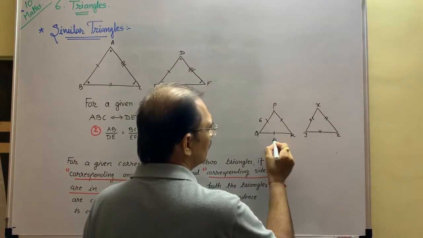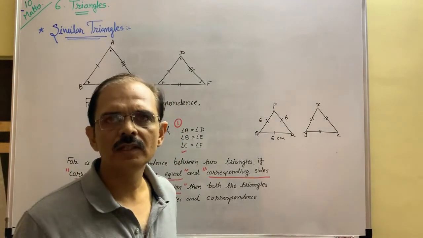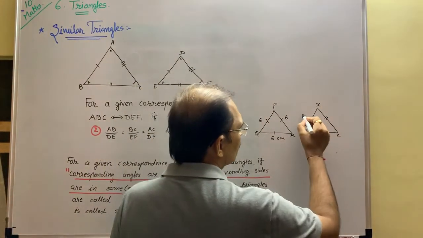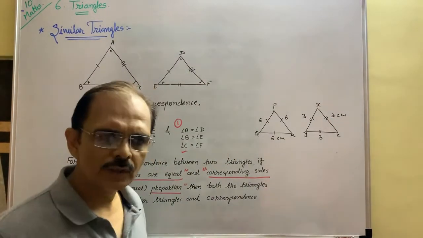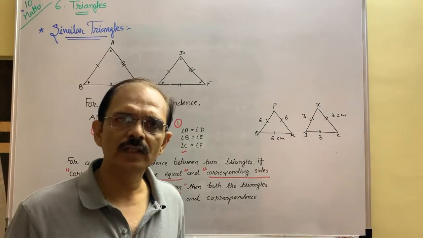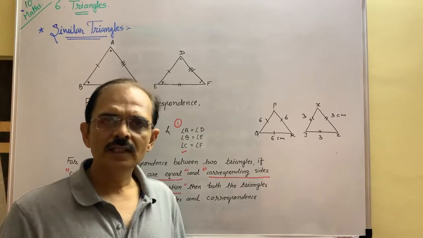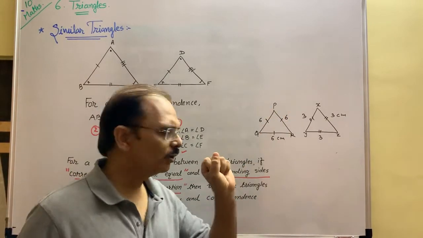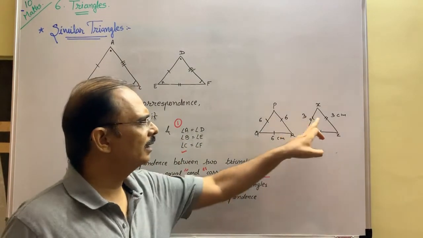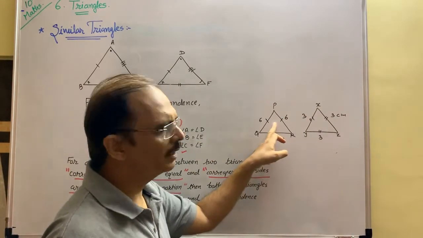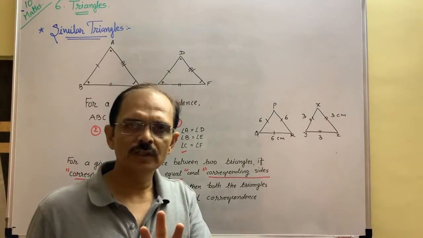Suppose these three sides are 6 cm, 6 cm, 6 cm. We can say triangle PQR is an equilateral triangle. Suppose XY, YZ and XZ are 3 cm. You can say that yes, triangle XYZ is an equilateral triangle. Means both the triangles are equilateral triangles. Now see and place these values according to these two conditions. If two triangles are equilateral, like this is the equilateral triangle, okay? Three sides are same, that means three angles are also same.